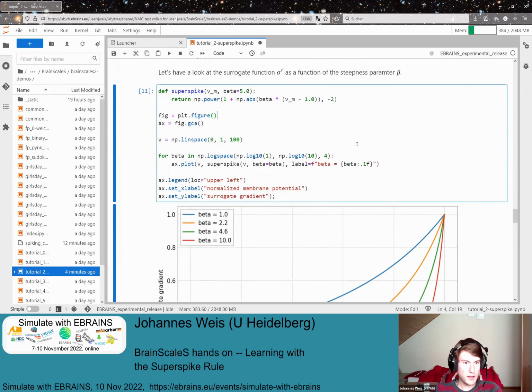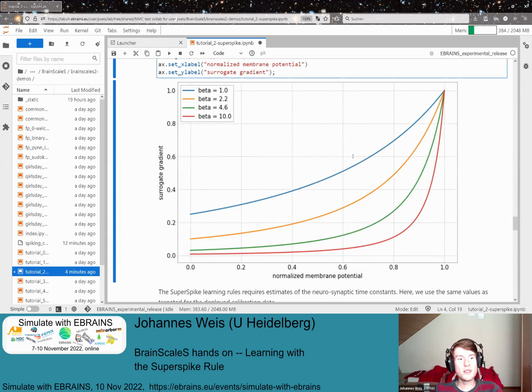And what these functions should do is they should peak at a high membrane potential. So we normalize the membrane potential here. One would be the spike threshold, 0 would be the lowest membrane potential or the reset potential. And those gradients should get steeper the closer you are to the threshold,